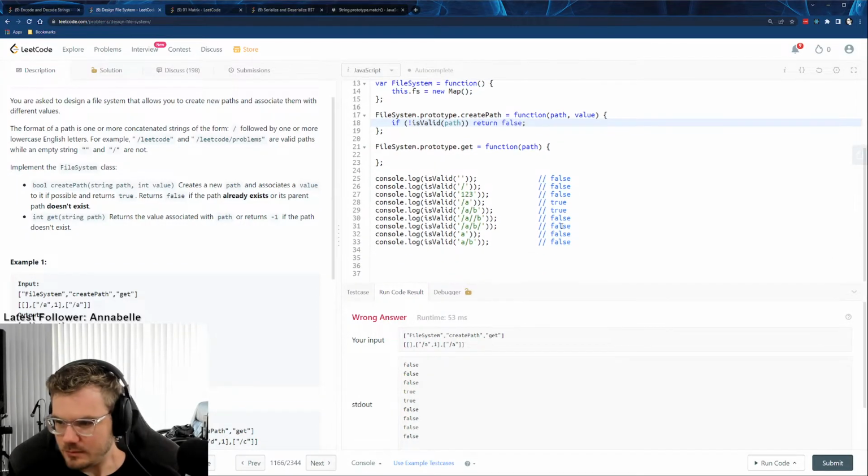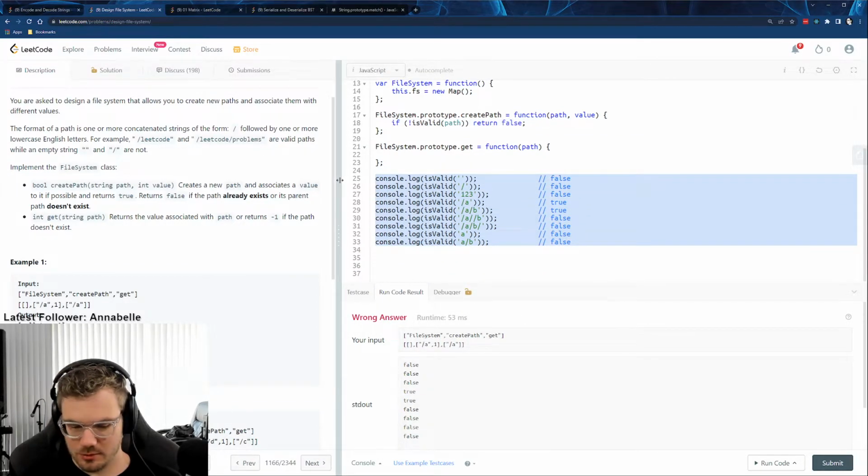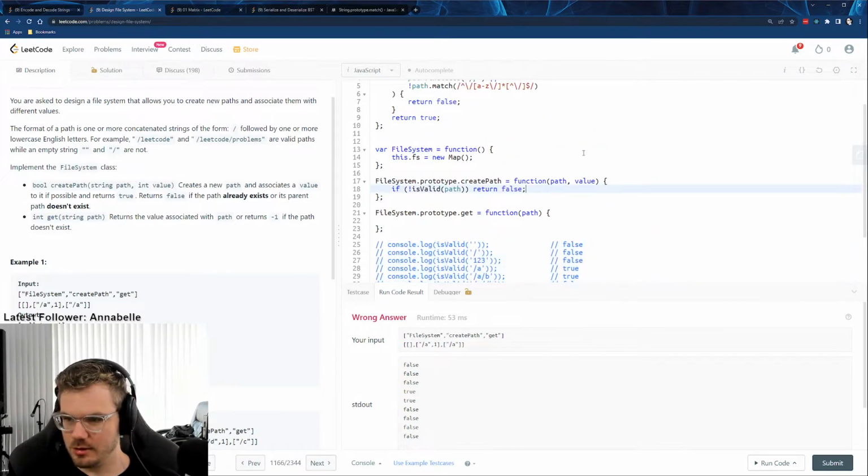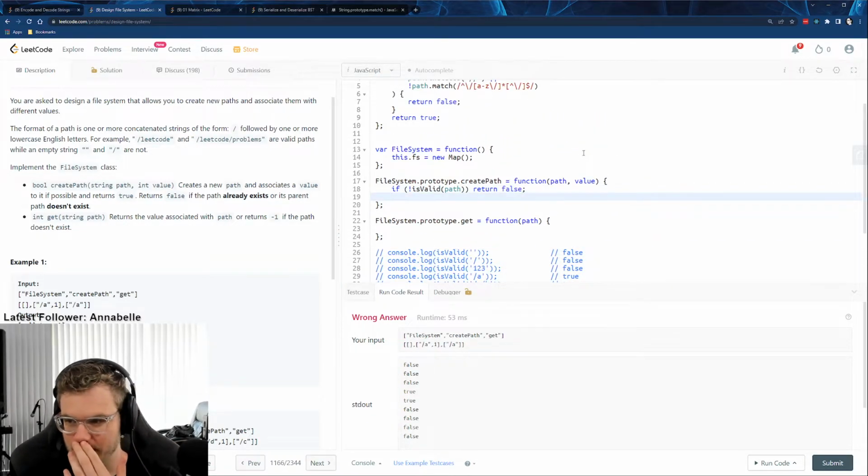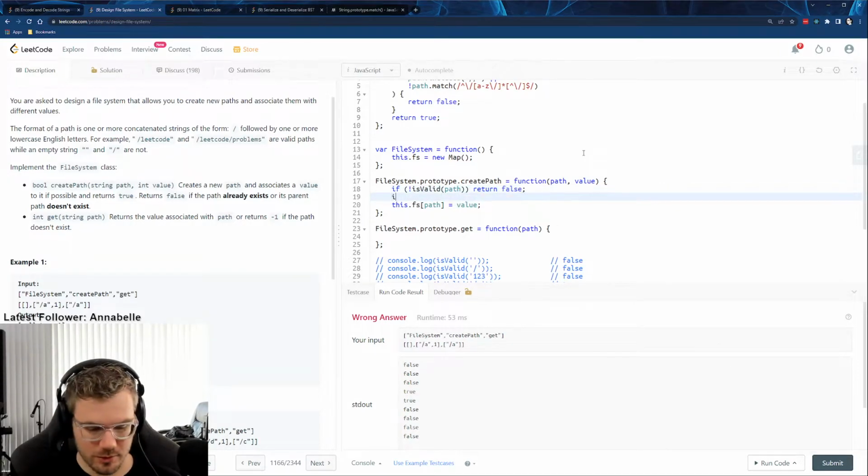So now that we have all of that, I'll comment that out, and now we know that the path is valid. So what we want to do is this.fs path equals value. But first we have to make sure that it doesn't exist. So if this.fs path